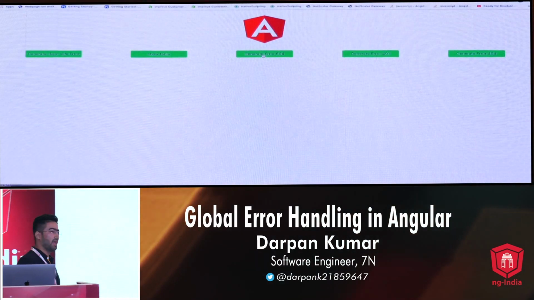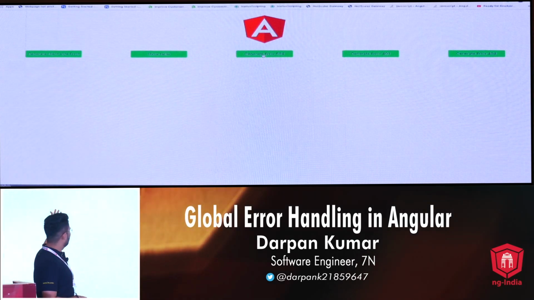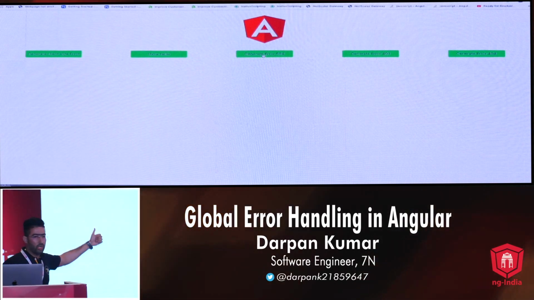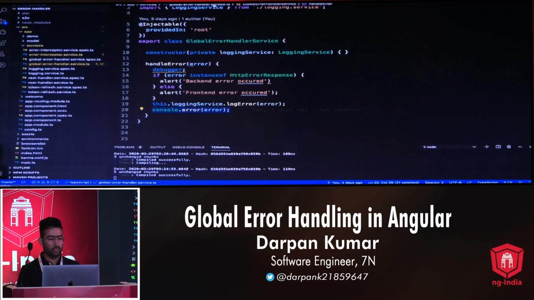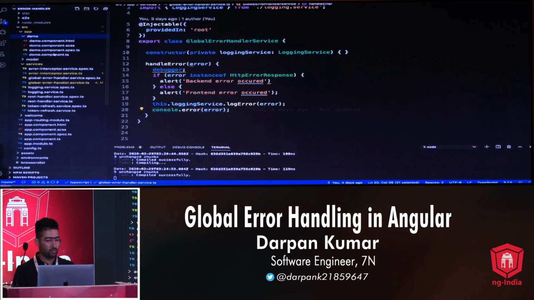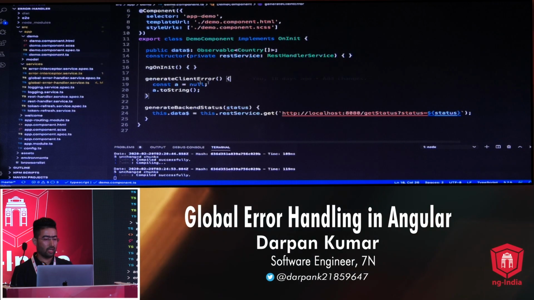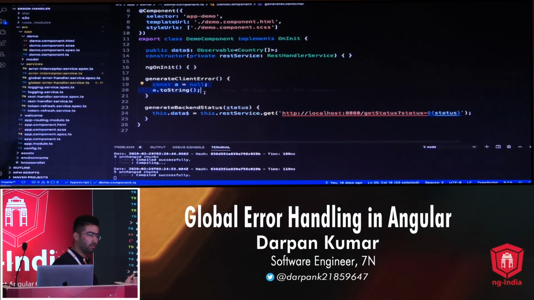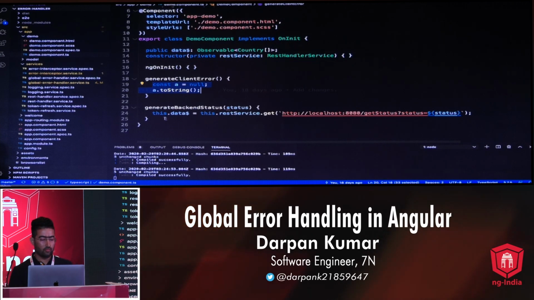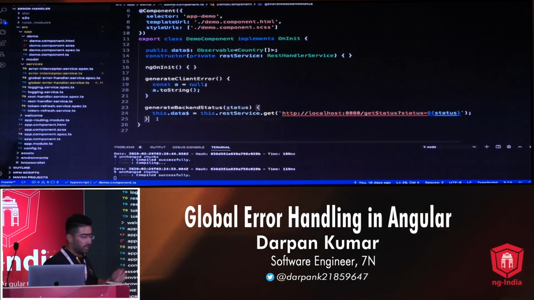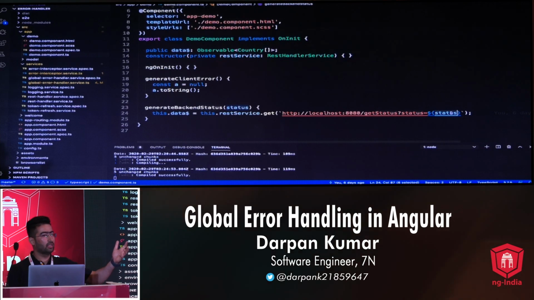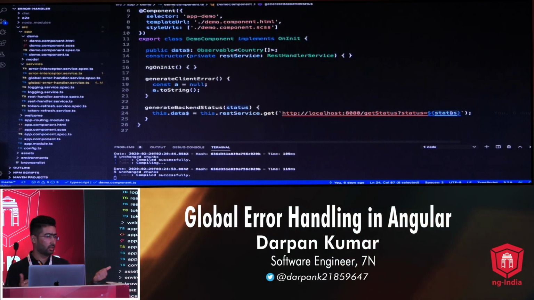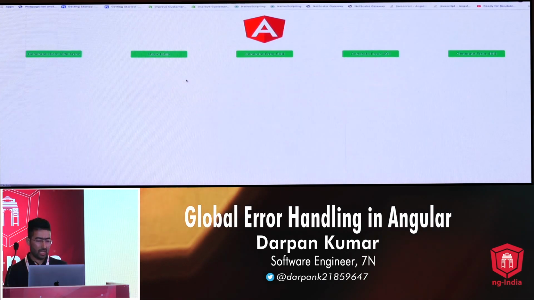For demonstrating this, I have created a demo application where I have these different buttons. So if I want to generate a client-side error, I'll click on it. I'll show you what I'm doing when I'm clicking on it. I have this demo application page. When I'm clicking on generate a client-side error, I'm simply doing a toString on a null value, which is a client-side error. For doing the backend errors, I have created a method, and this is the service API. Whatever status I pass to it, it will return me the same status code, so that I can get different errors with error status codes. Let's see it in action.